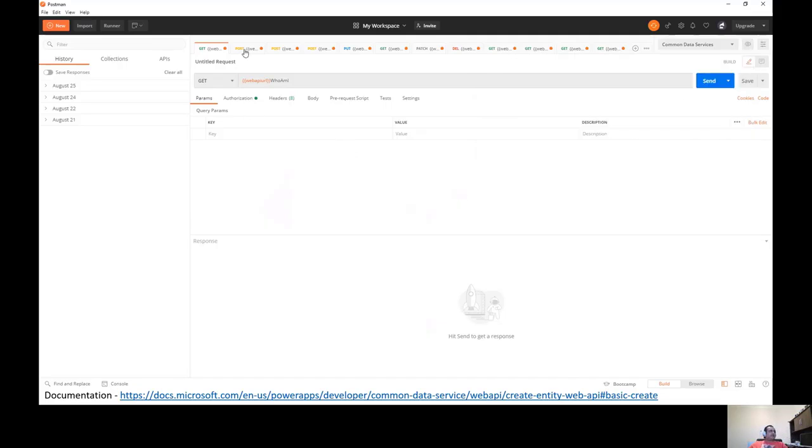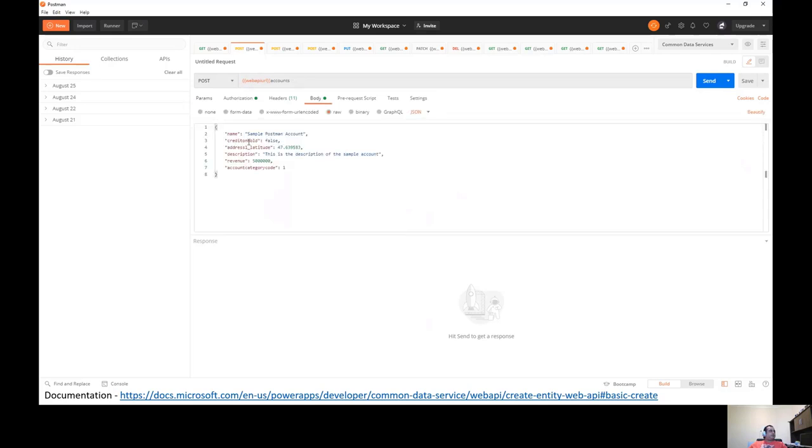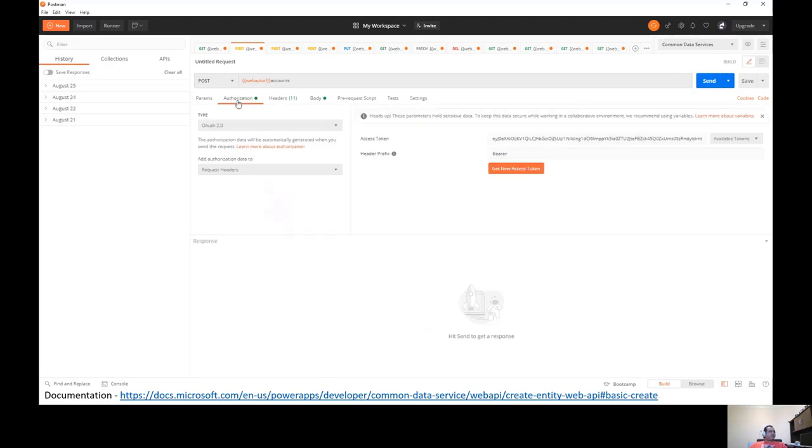And then I'm creating an account here, and I'm just giving a sample, just say CDS demo sample, and I'm just setting these properties. But before I send, I need to make sure that I'm getting the access token.